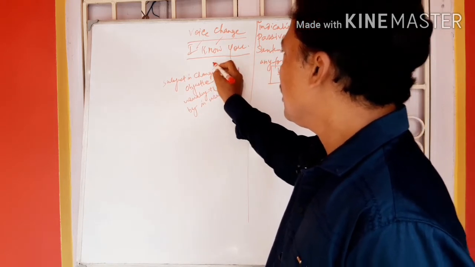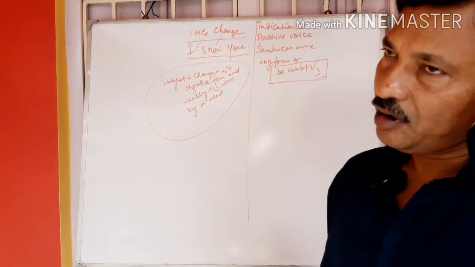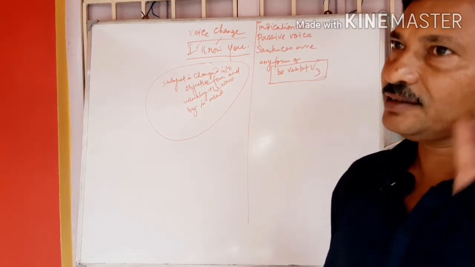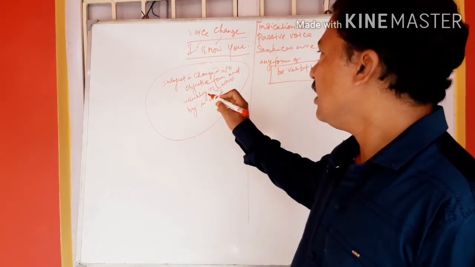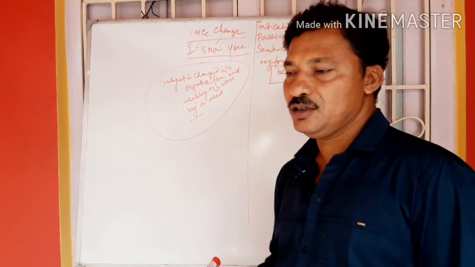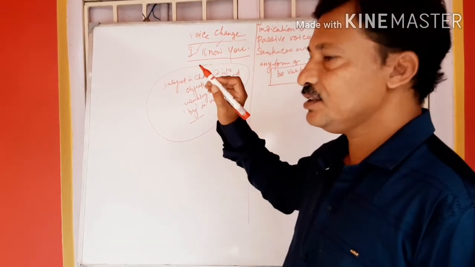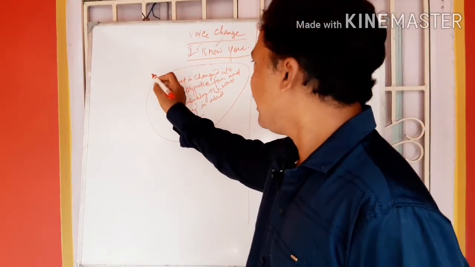This is the common rule. Subjective form in the active voice is changed into objective form in the passive voice, and a simple word by is usually used, but in this sentence by will not be used, and the answer will be